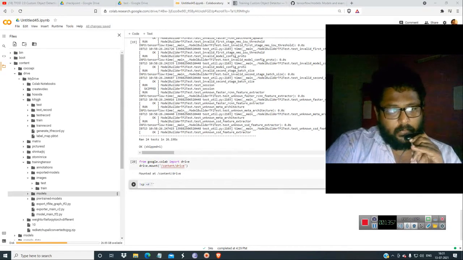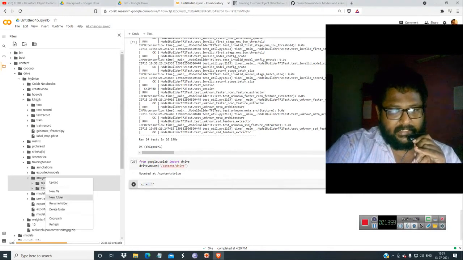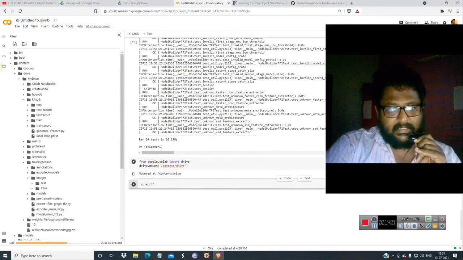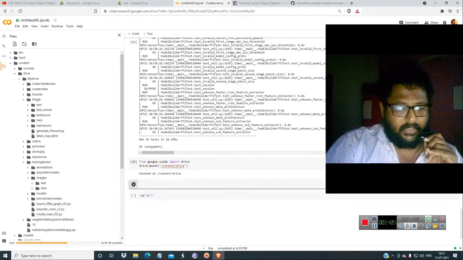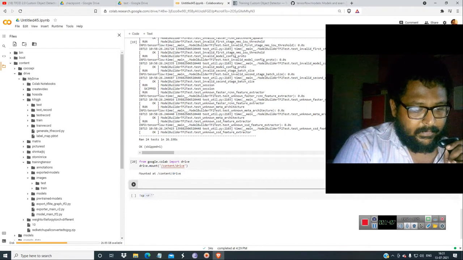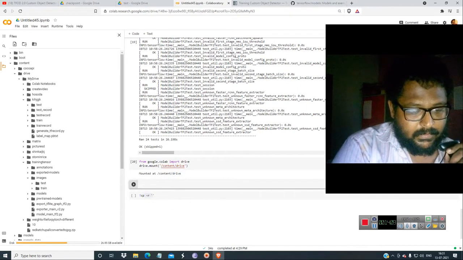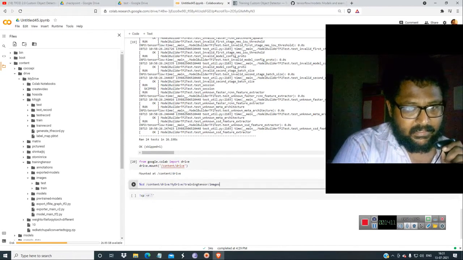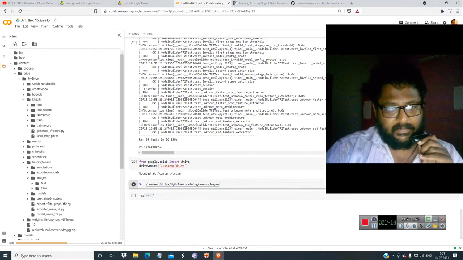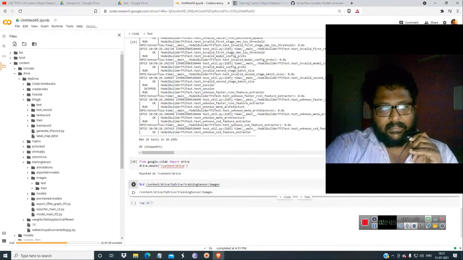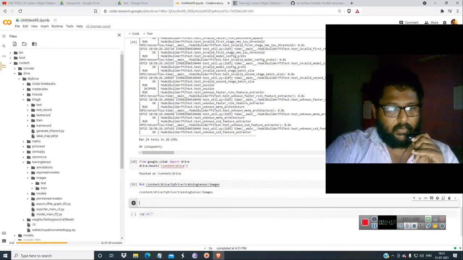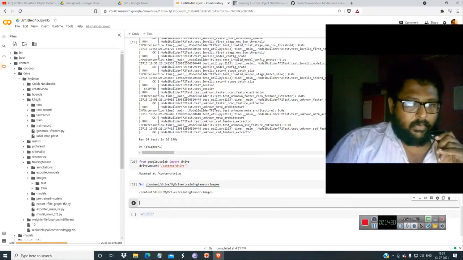First we have to remove these folders in the images. So copy the path and give it over here. First we will remove it. This percentage cd, Control V, and then you have to get here.